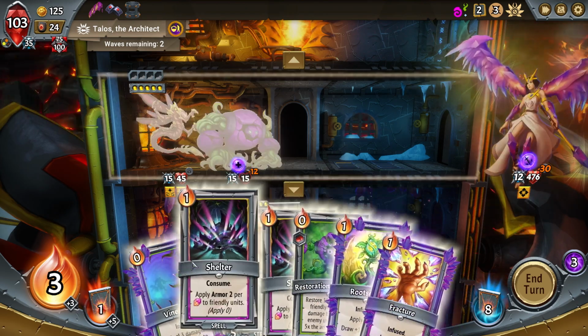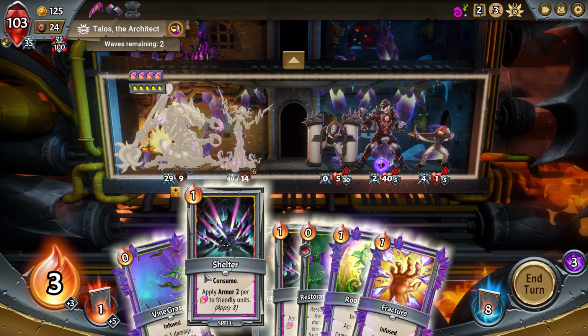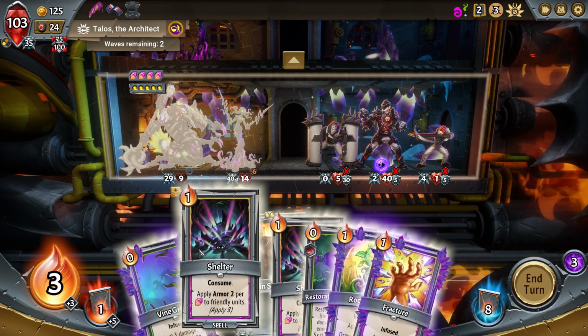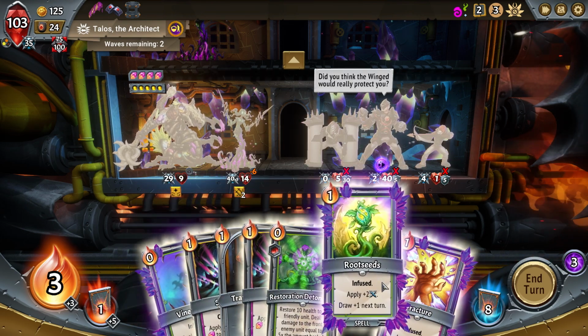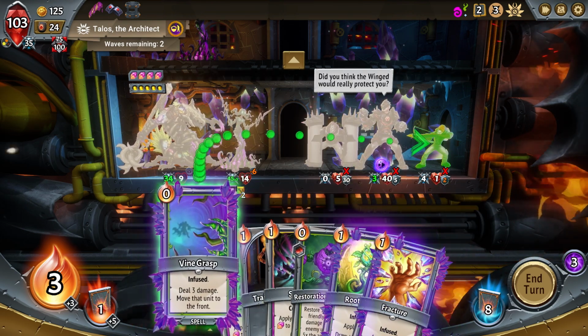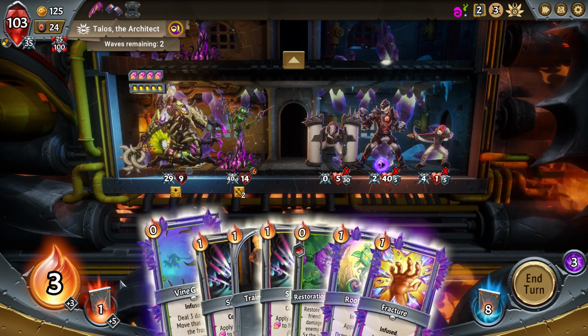Okay, so what is happening there? I would like to do a double shelter, probably. I do need armor. Can use Vine Grasp. Should even use Vine Grasp and kill one of those things. But in fact...